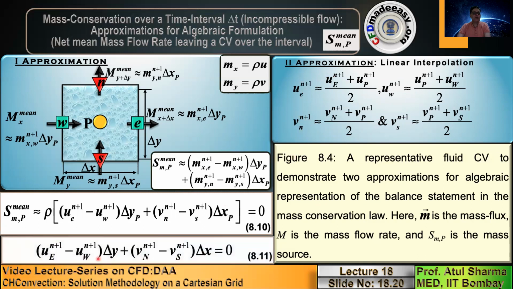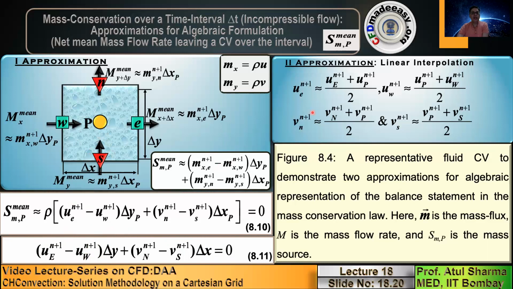So if you substitute u small e as u capital E plus u capital P divided by 2, and u small w as u capital W plus u capital P divided by 2, when you take the difference, that u capital P cancels out, and your mass conservation equation consists of the u velocity of the alternate yellow circle. You note that between the yellow circle capital E and capital W, there is another yellow circle capital P, which is missing in this algebraic equation for mass conservation.